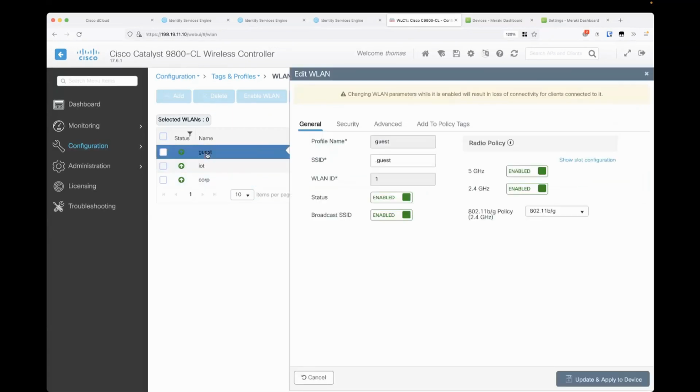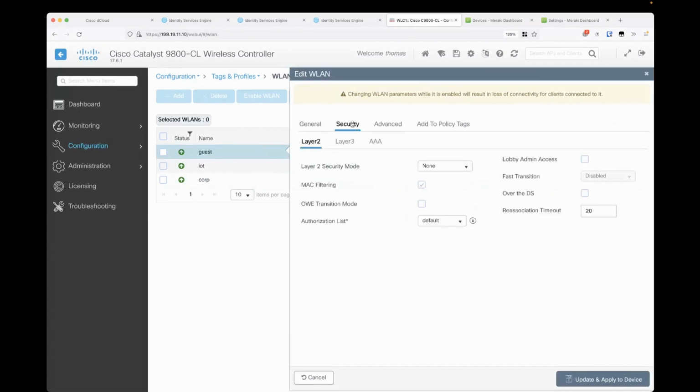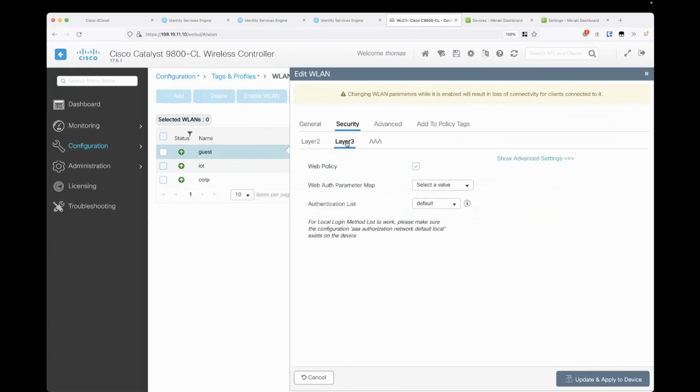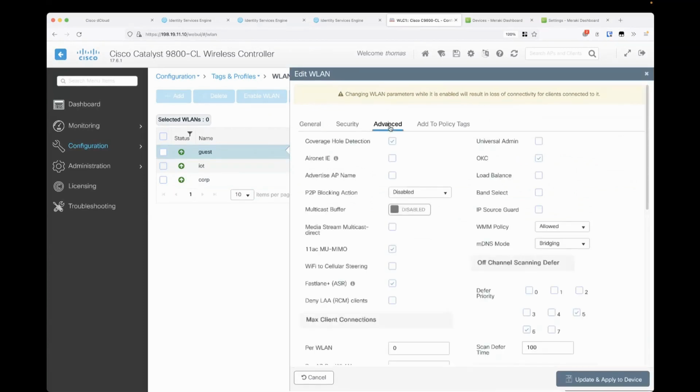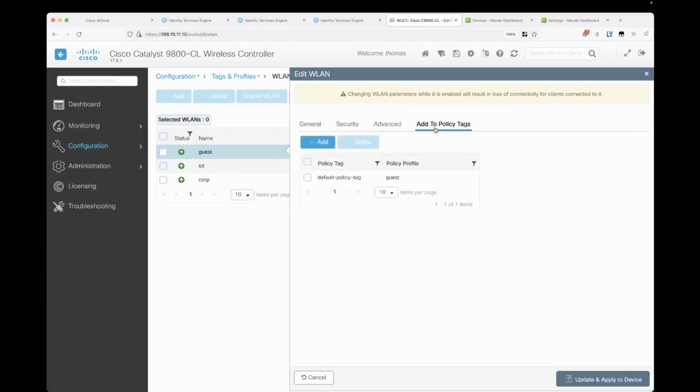Then if I go into the guest network, we went through how to configure all of this last time, so I'm not going to go through this in great detail. But we had to configure the authentication list. Of course, you need to be able to configure the authentication and authorization AAA servers. There was nothing to do in the advanced tabs. And then when it comes to the policy tags,